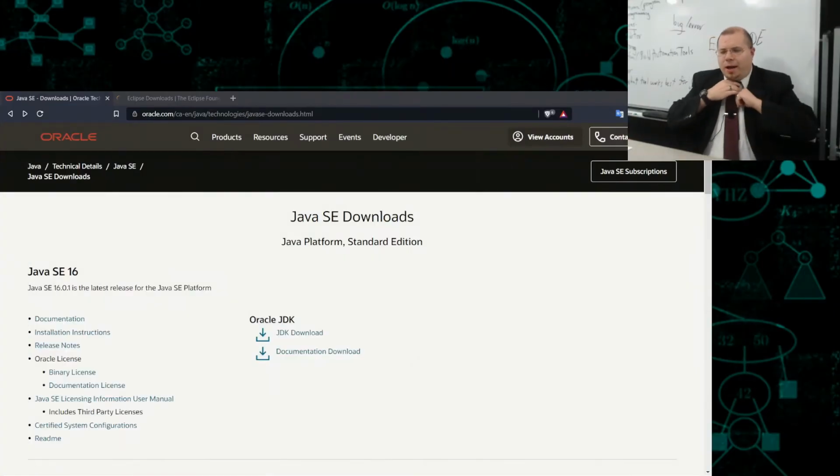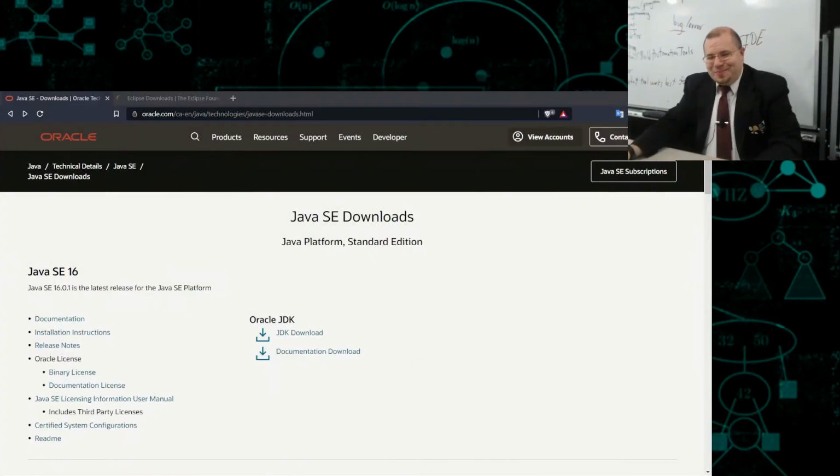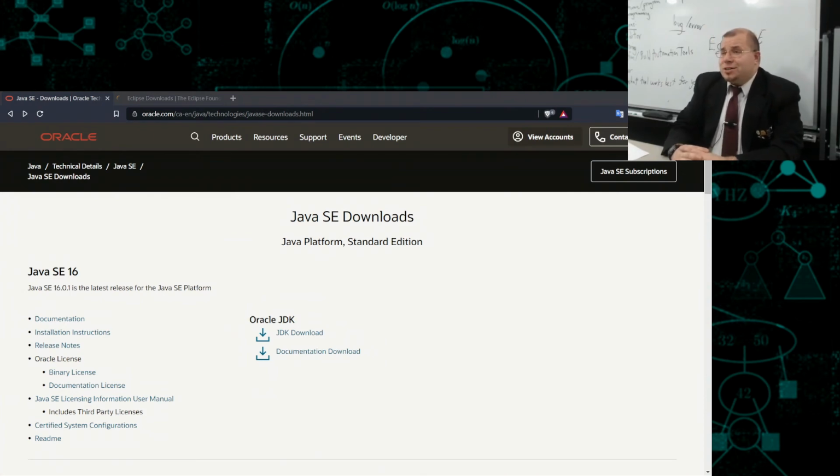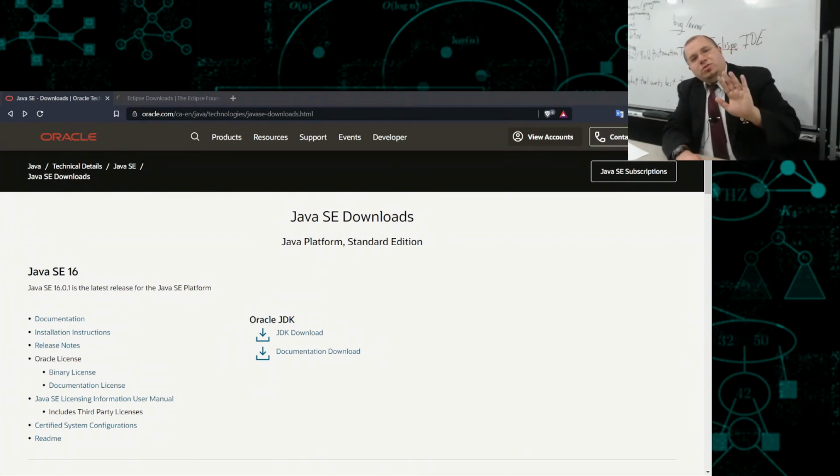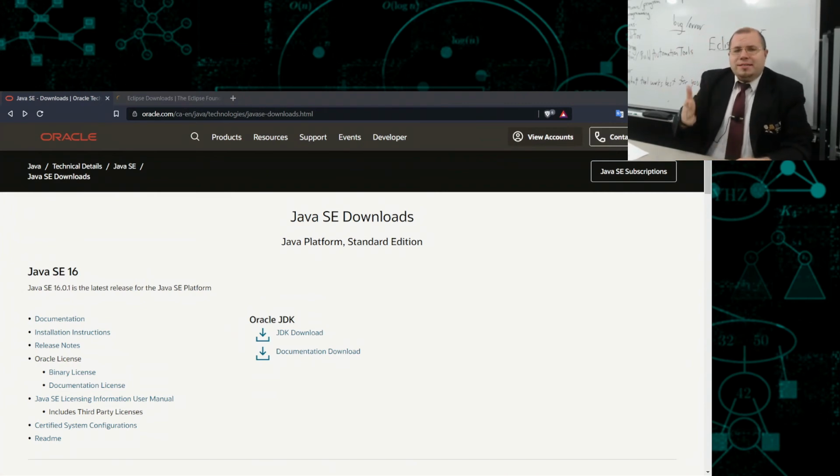Okay, anyways, the first thing we're going to do is I need to mention a couple of things. First, you're going to need the so-called Java Development Kit. It's called the JDK. The JDK contains all of the stuff you're going to need for developing. These are a suite of programs for compiling your Java program, for example, javac. This will contain all of those programs. It also will include the JRE. I mentioned the JRE earlier. That contains the JVM. So both of these things are going to be contained in the JDK.